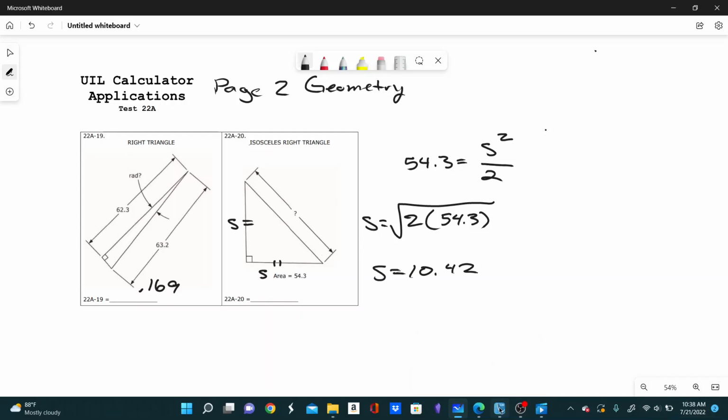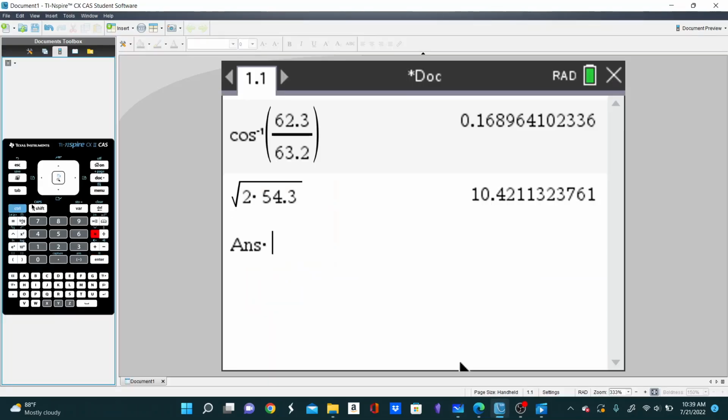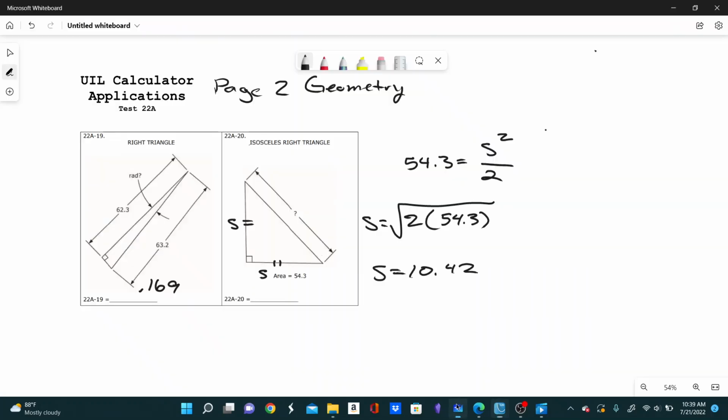So let me do that real quick. Take this, multiply by the square root of 2, and let's see, rounding to 3 sig figs, we'll get 14.7. Alright,